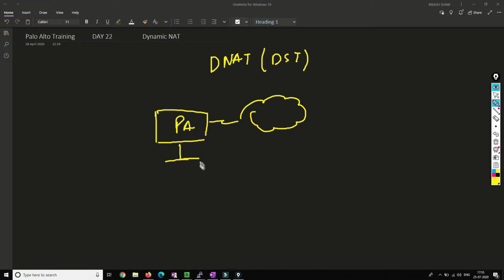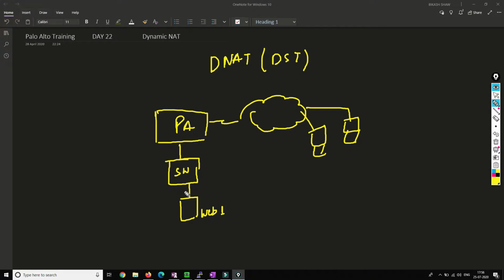Let's say this is the PA and this is a switch connected to web server 1, and there are a lot of users accessing this web server. Let's say the demand is so high that this server is not able to handle it. You want to deploy one more server, and you configure it as the same web server so that it can also share the load.